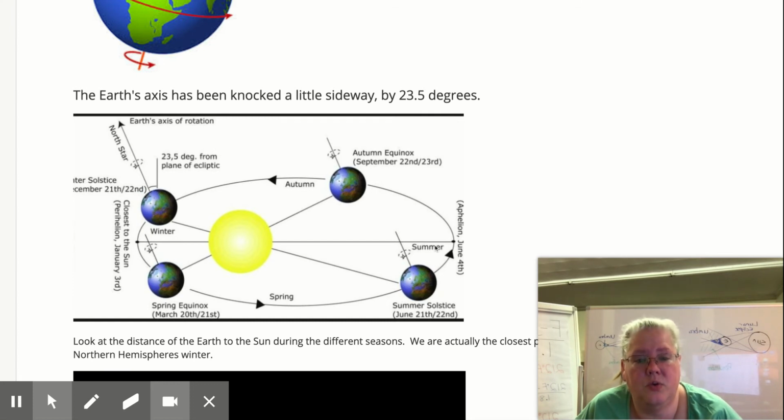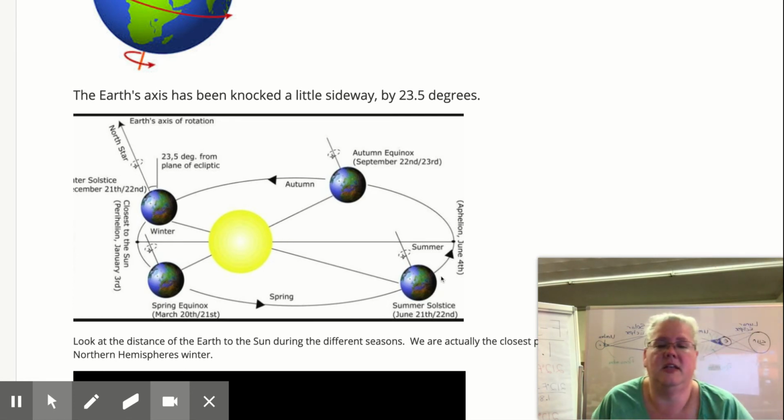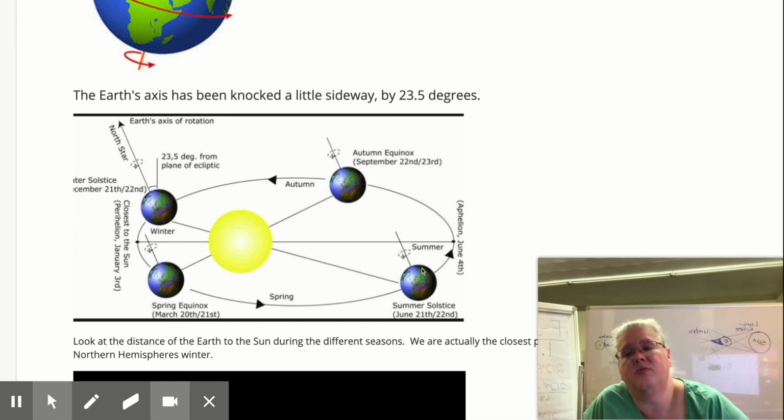Summer, northern hemisphere: this northern part of the pole is facing the sun, so we're going towards summer. This isn't shaded right. We should be in shadow up here, so just ignore the shading. But again, we are the farthest from the sun in our summer. So the real cause of the seasons is our rotation, our day, but our tilted axis means that in